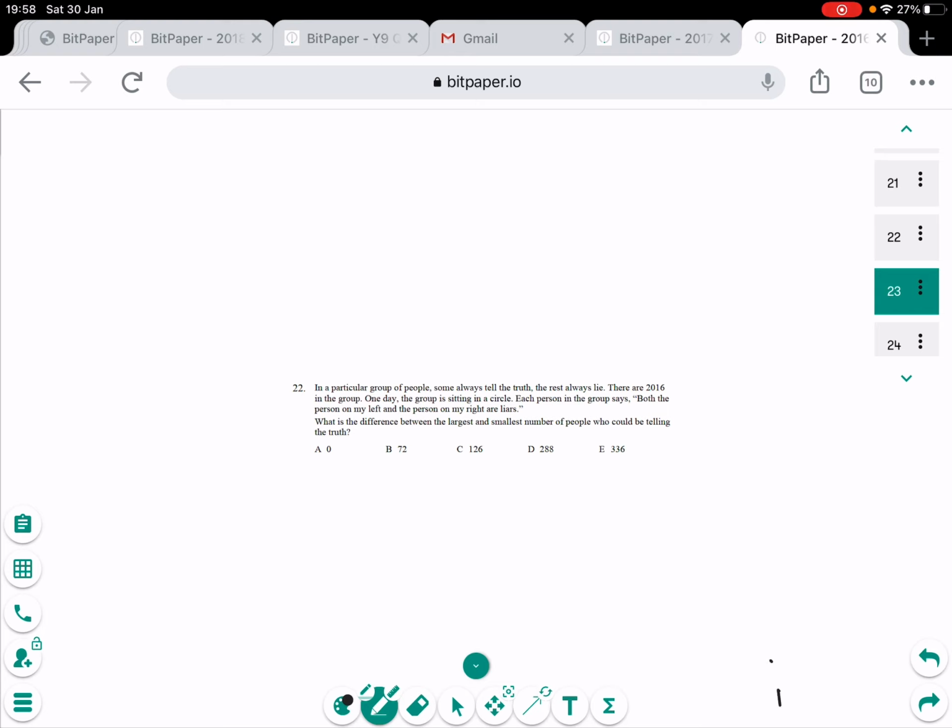There's one way where one is telling the truth, one is lying, one is telling the truth, one is lying. So that's basically just 2016 divided by 2. That's quite boring, but another way is actually